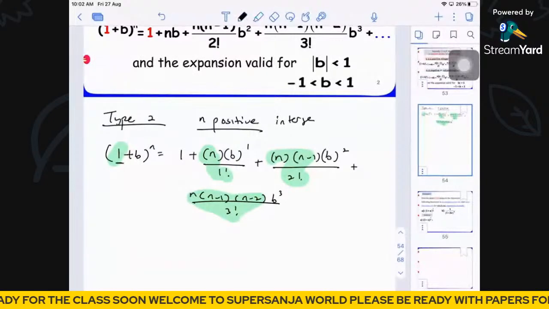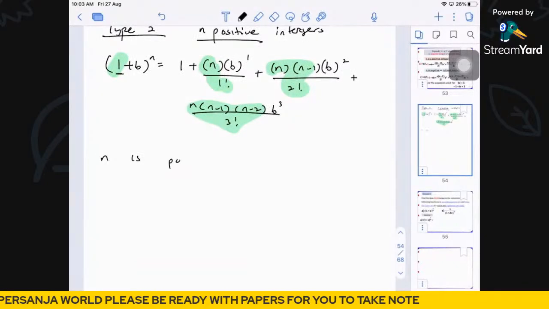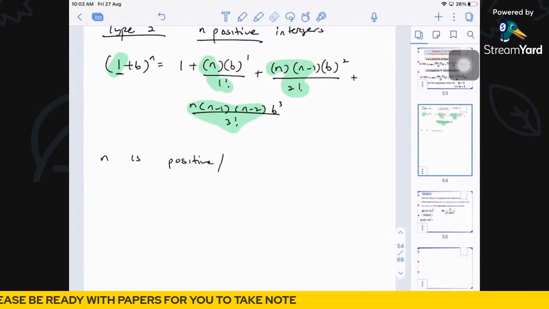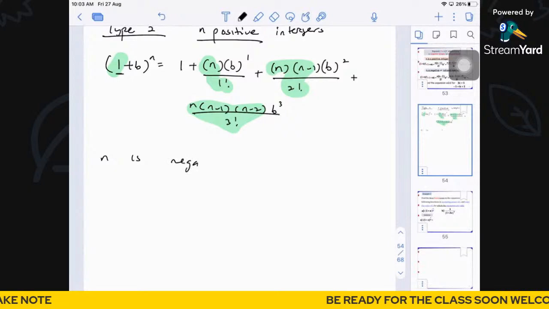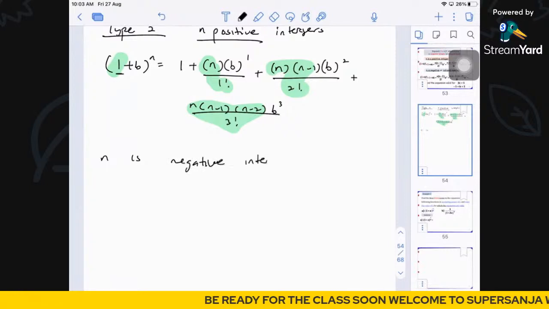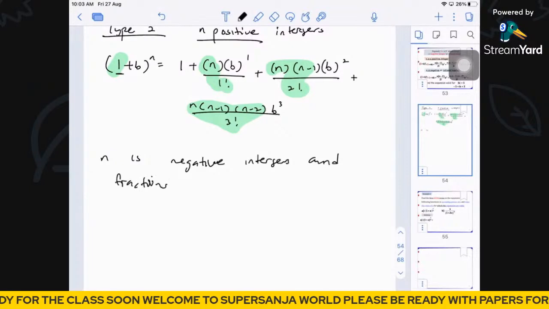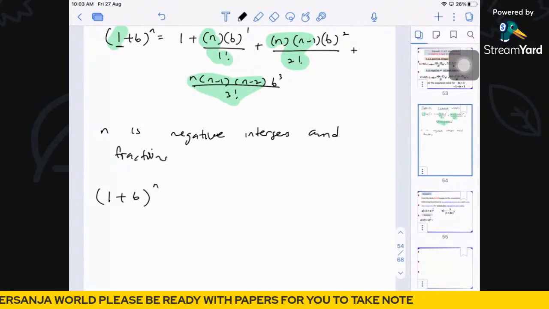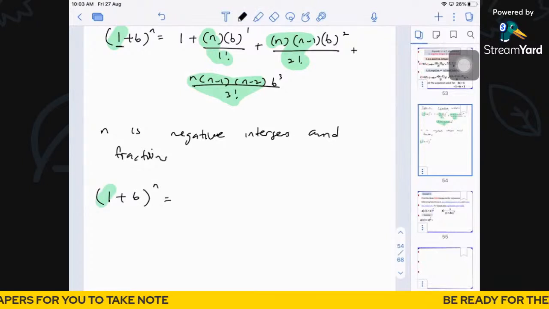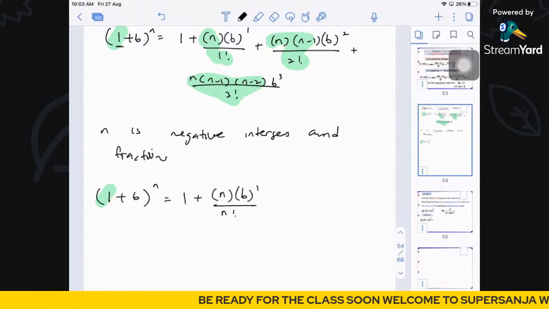So since now, let's say if n is negative, sorry, I would put here negative integers and fractions, then we will be using this formula still, 1 plus b power of n. But remember that in front here must always be 1. The formula remains the same, 1 plus n b power of 1 over 1 factorial